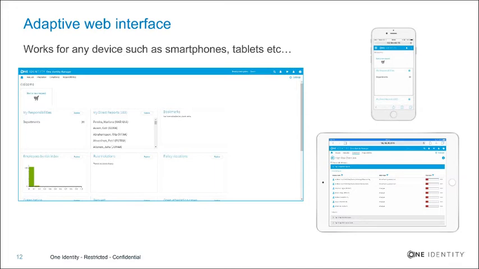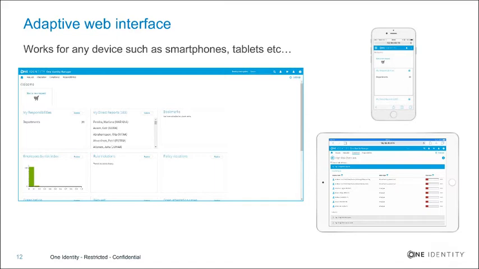A lot of companies have allowed the notion of bring your own devices, where individuals are no longer just using laptops, but using different tablets or even their smartphones in order to request access to certain resources. And with that in mind, if you are going to create this model, a request-based provisioning model, where you empower your end users to request access to those resources, it would be extremely beneficial for you to be